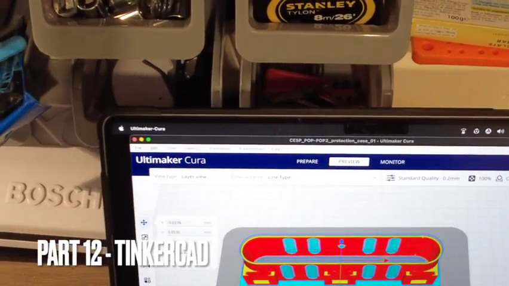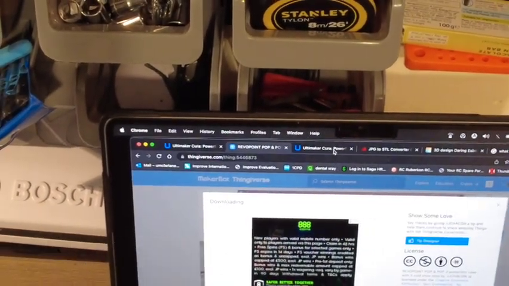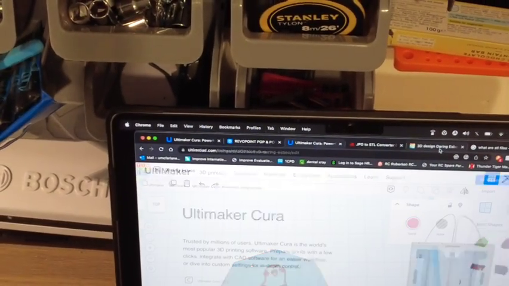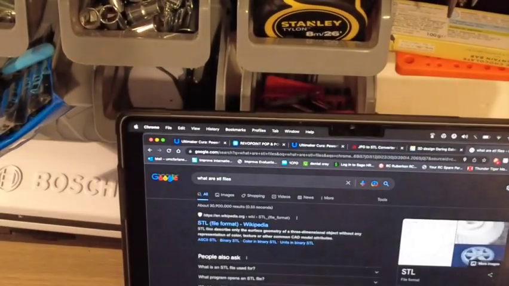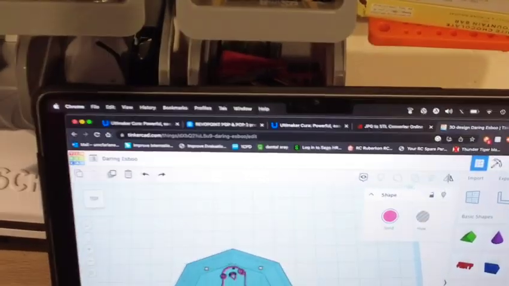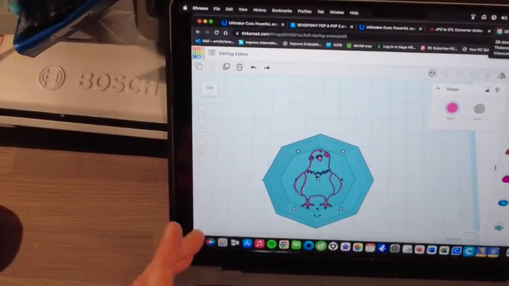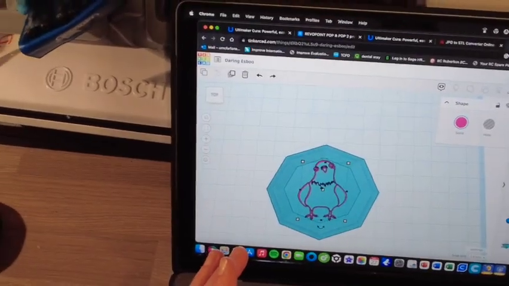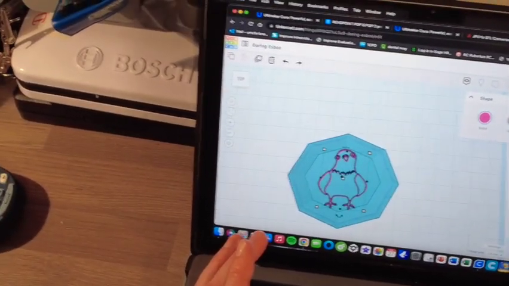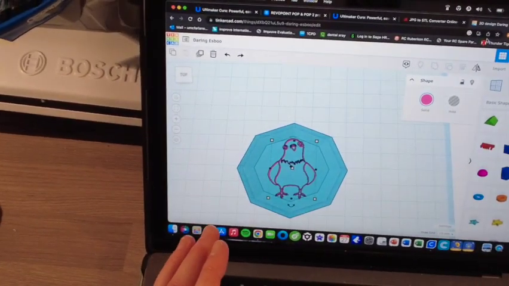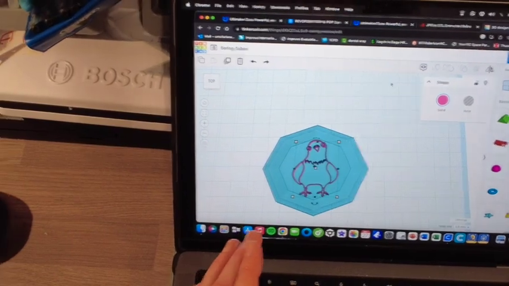Another thing that might be useful is how do you make your own designs? Now, if you want to make your own designs, you can use something called Fusion 360, which is another free software that's quite involved. But if you want to just get started out and practice a few basic things, then I recommend using something